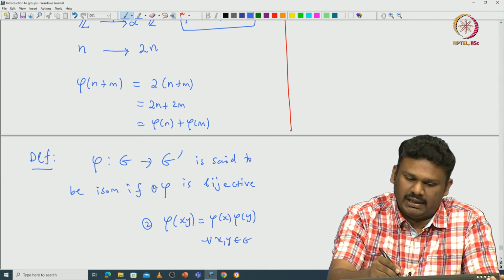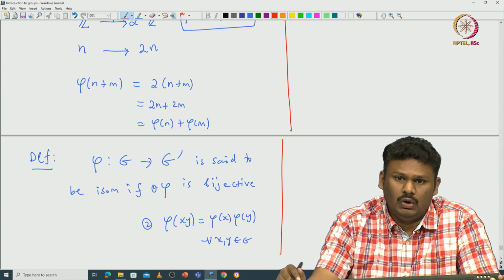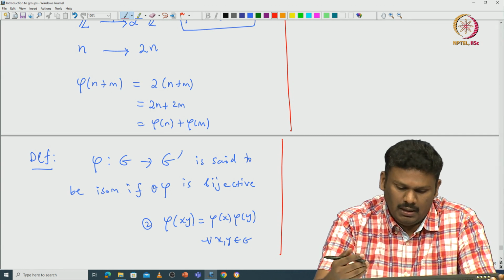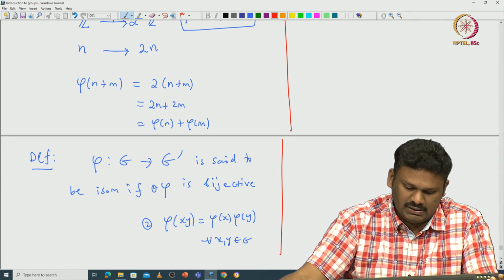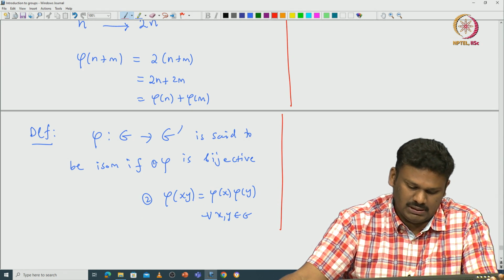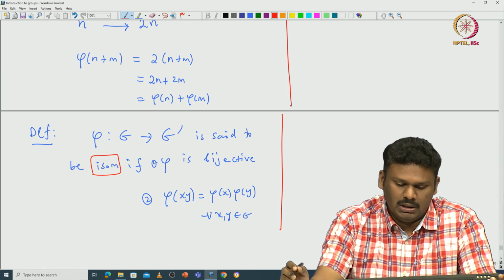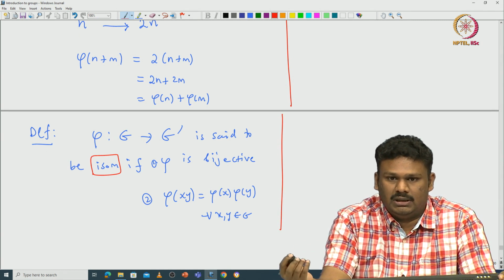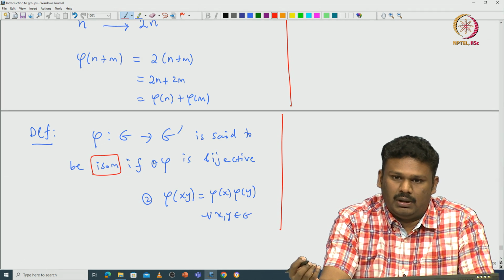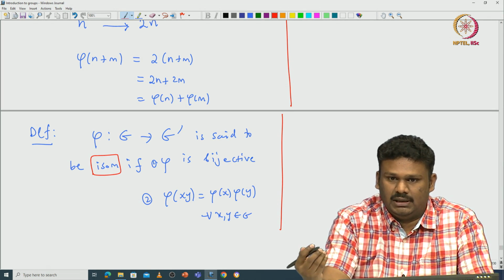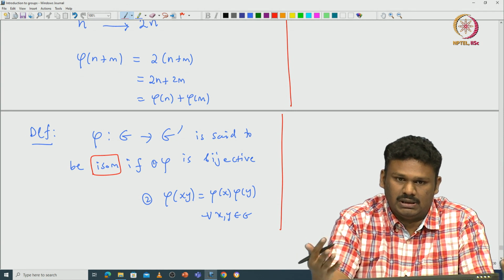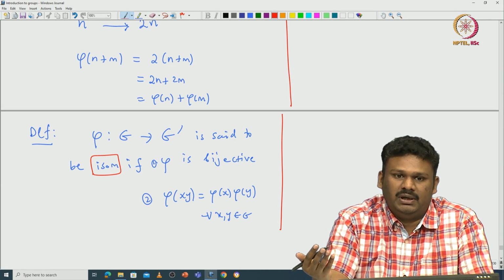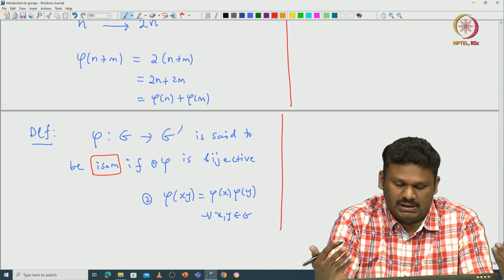Okay. So, later I will go into much more detail in discussing homomorphisms between groups and so on. But right now, for our purpose, it is enough to define what is an isomorphism. Okay. So, it is clear that each element of G can be associated with some element of G dash, and whatever product that you have in G is reflected in a similar way in G dash. Okay. That is what this isomorphism actually tells you. So, as groups you do not see any difference between G and G dash. So, they look similar. Okay.